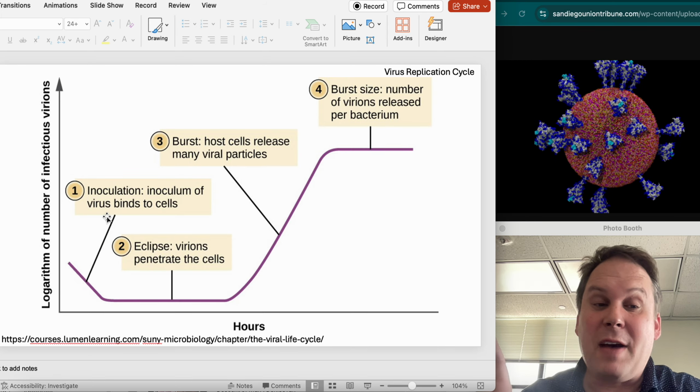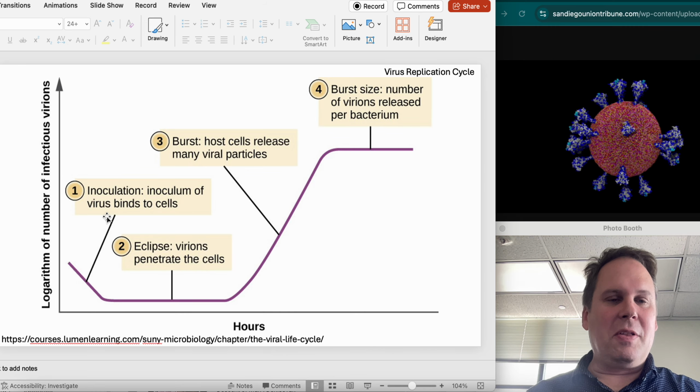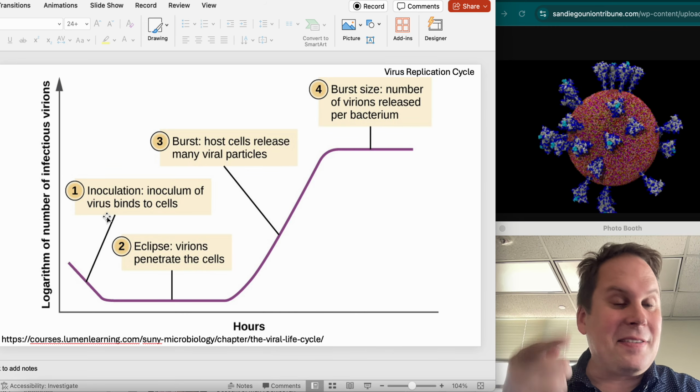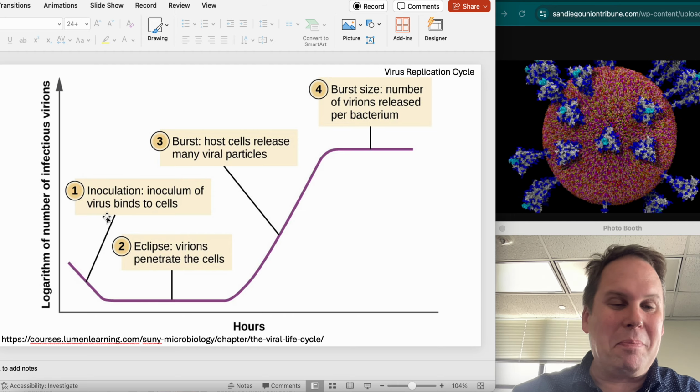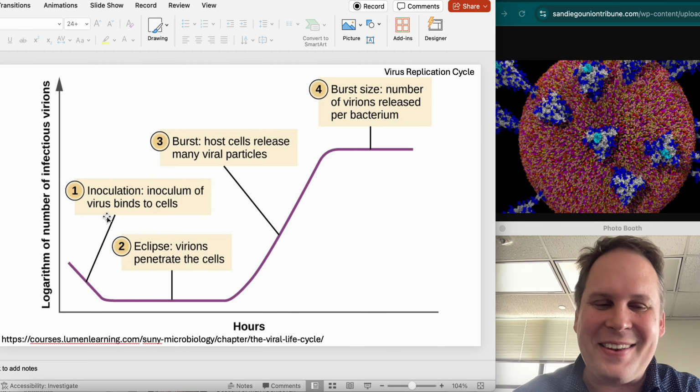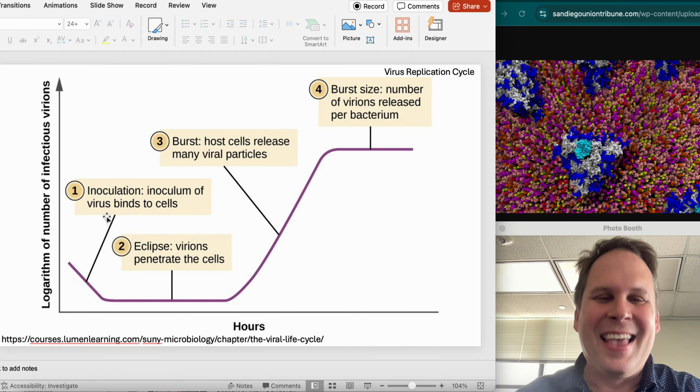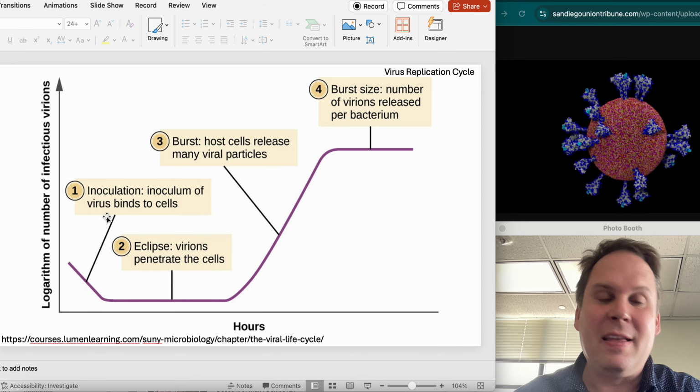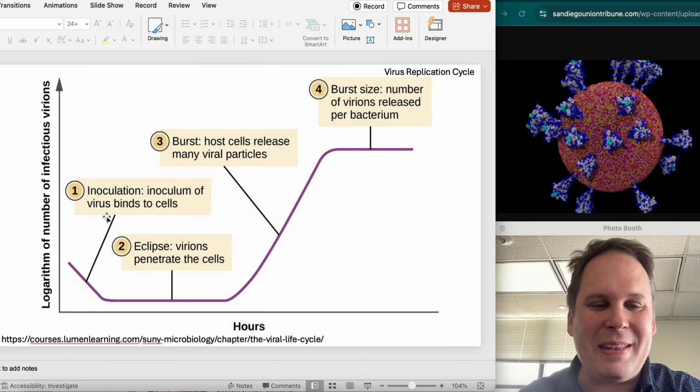Viruses don't swim. Viruses don't have propellers. They are carried along by air currents, like when you're breathing. You're pulling all that air in, and any viruses in that air are going to go bump, bump, bump all down your trachea and all through your little lungs until they bump into the right cell, and then boom, it's a virus bonanza.